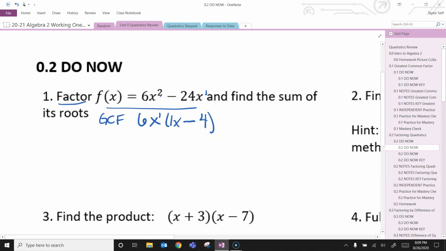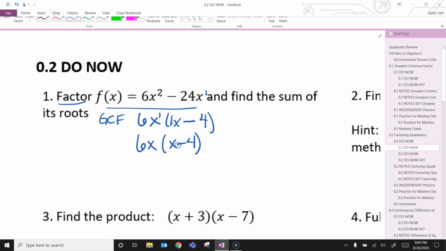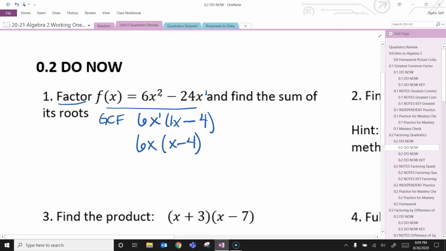All right, and I'm going to simplify this. We do not need this one, because it's multiplication and that's an exponent. So we have 6x times x minus 4. Okay, those are our two factors. Now that we've done that part of the problem, we can focus on find the sum of its